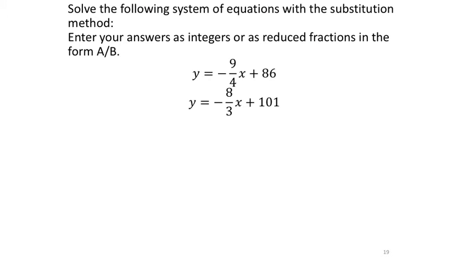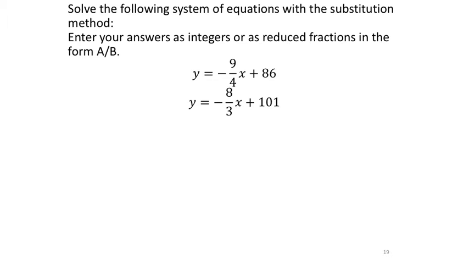So here we got one with fractions, and both are in slope-intercept form, by the way. So it kind of goes back to that first example we saw where it was y equals negative 5, then we replace the y with negative 5. It's just now y is an expression, so I'm going to replace either one of the y's. It doesn't really matter because I know y equals this, but y equals this as well. We got to see where they're the same,